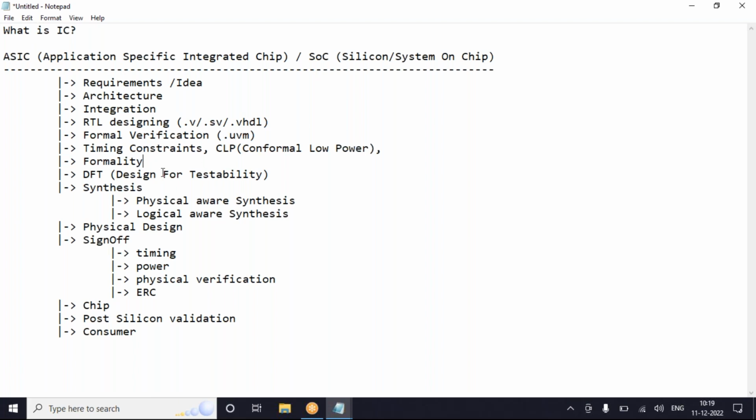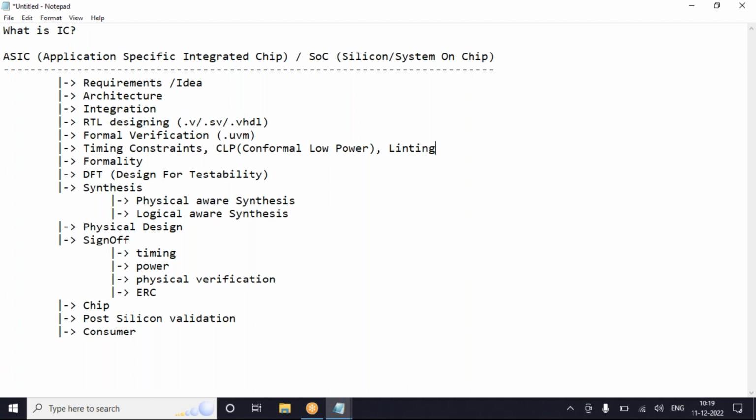The next is linting. This is done in the ASIC flow also. With RTL integration or without RTL integration, linting will be performed. What this linting tool will try to do is verify whether that particular code is synthesizable or not. In the behavioral code, there are a few constructs which should not be present. As an RTL designer, I am just worried about my RTL code. I'll write it out and pass it to you.